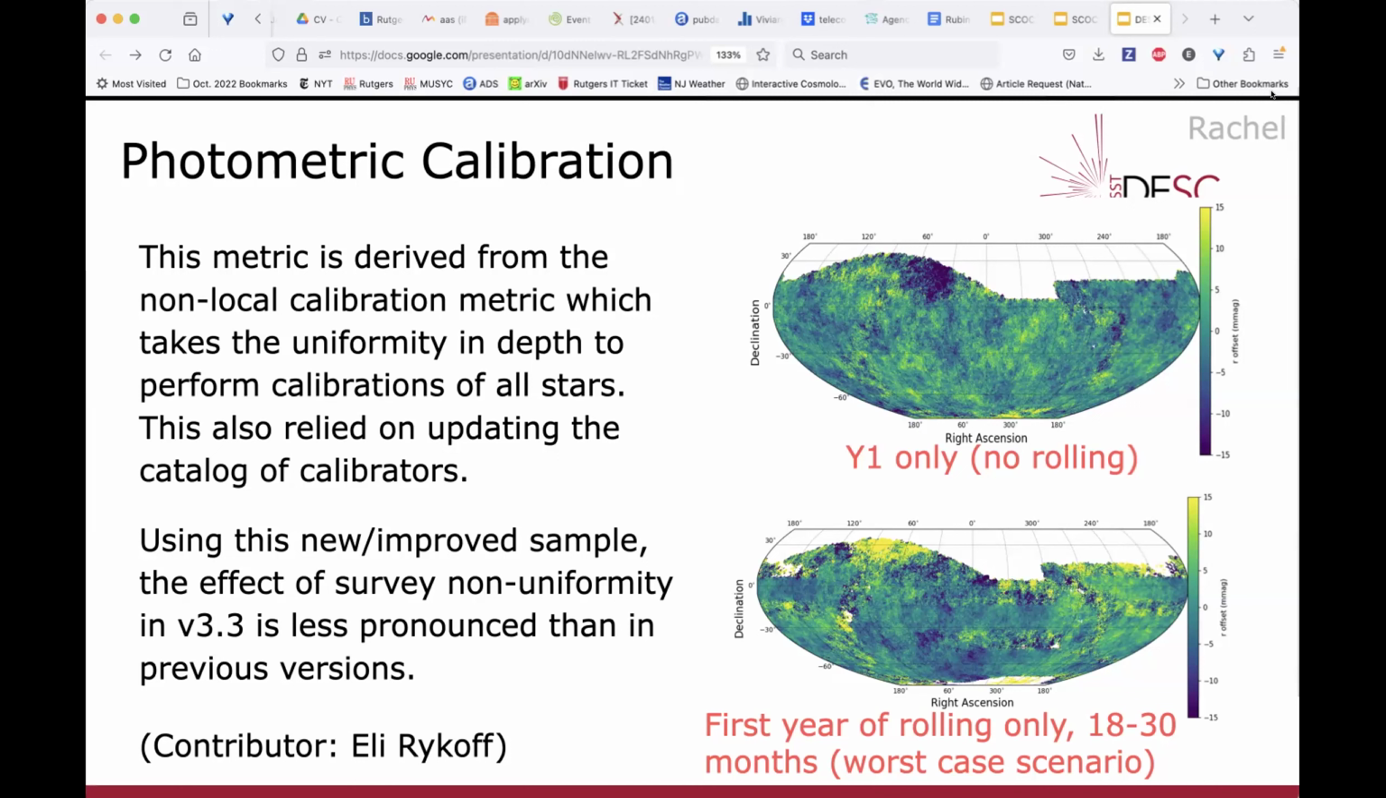And it is uniform at the 5 to 6 millimag level, using very simple assumptions. In reality, we'll be able to do probably better than that. But in the lower right corner, if you take the first year of rolling only, this is 18 to 30 months, worst case scenario. If you calibrate that on its own, then you see the stripes, because those parts are thin and they're offset and they're noisier. And I'm working on quantifying this, but you can see by eye, the photometric uniformity is not